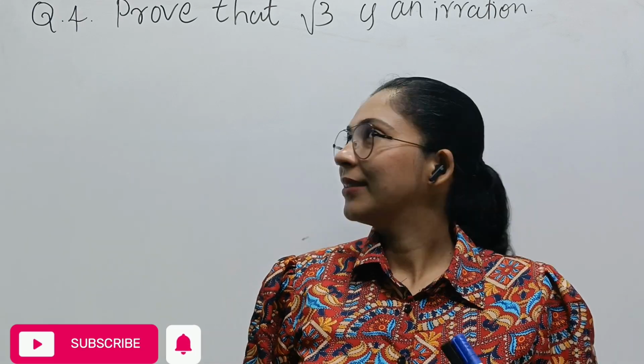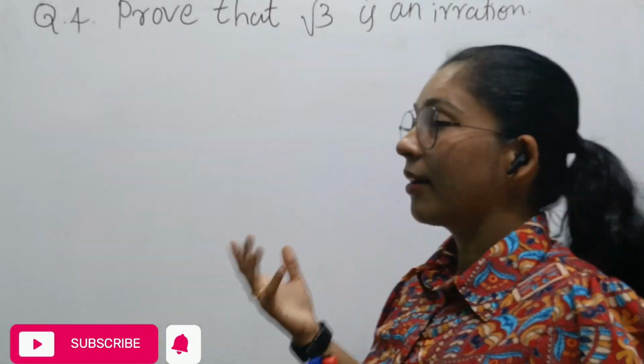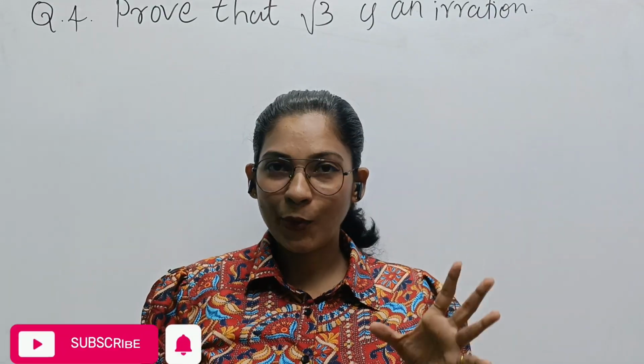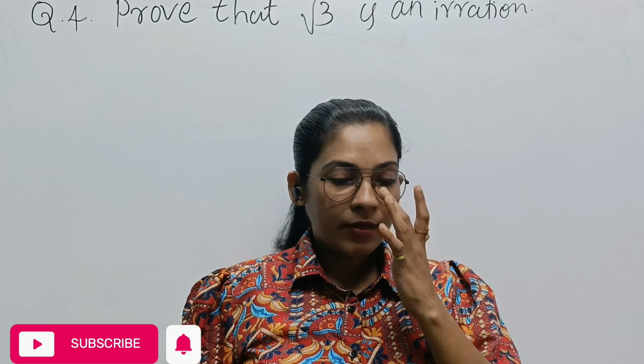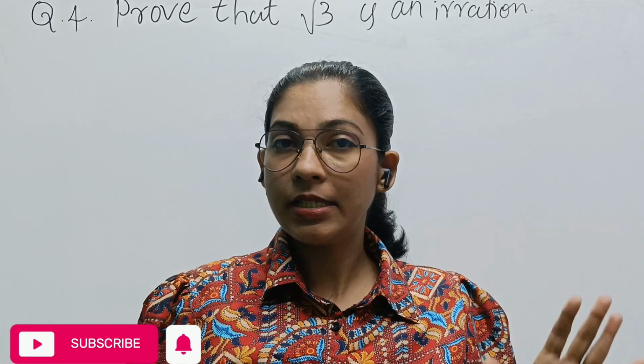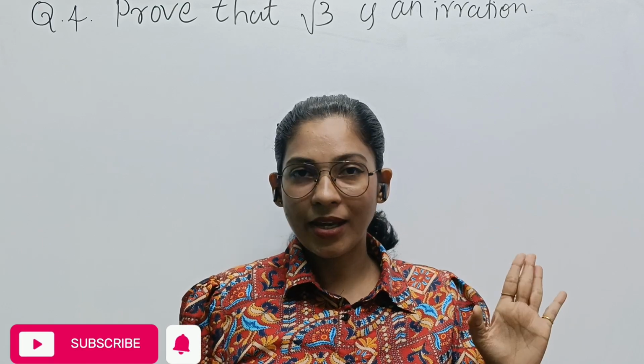So now the fourth question is, prove that root 3 is an irrational. Okay, root 3 is an irrational. We have to prove it. So, dear children, you have to practice this question very well because this is a short question. Okay, so